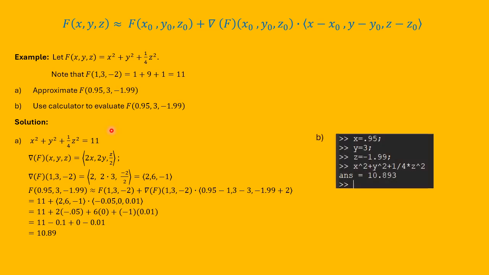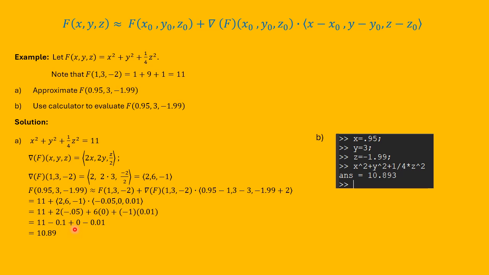And we'll do that using MATLAB or Octave. We'll let x be 0.95, which is what we have up here. y will be 3, which is what y is here. z is minus 1.99, which is this. And then we'll calculate x squared plus y squared plus 1/4 z squared, which is f of x, y, z for those particular values of x, y, and z. And the answer, according to MATLAB, is 10.893, which is quite close to our approximation using the tangent